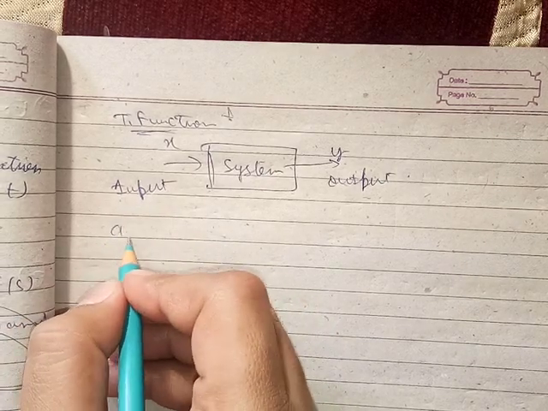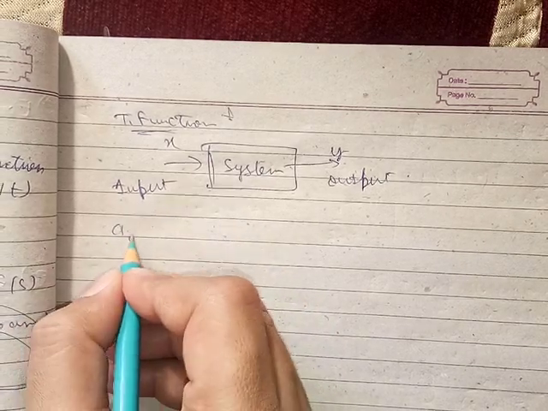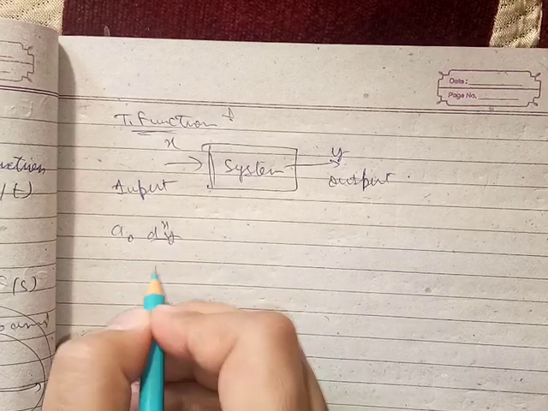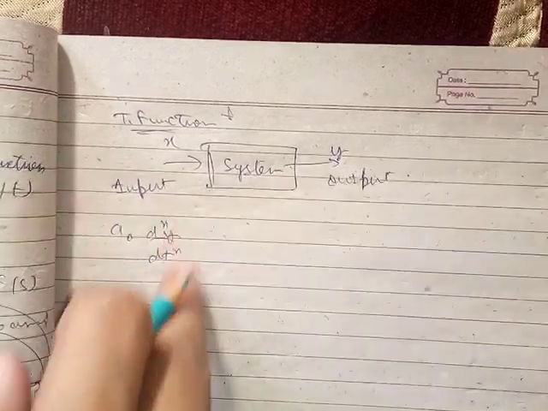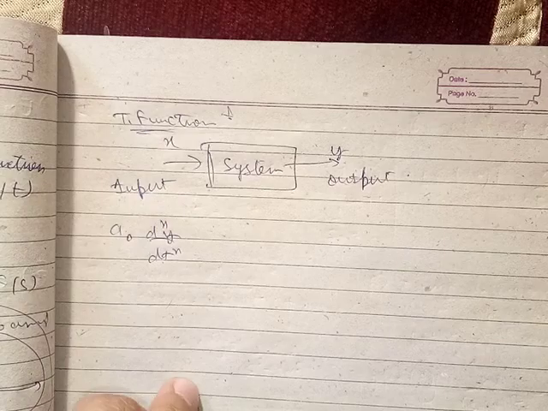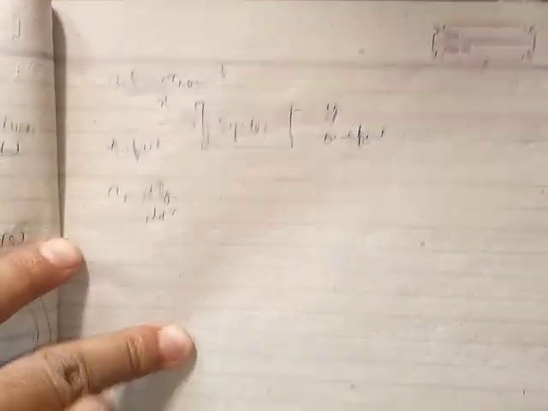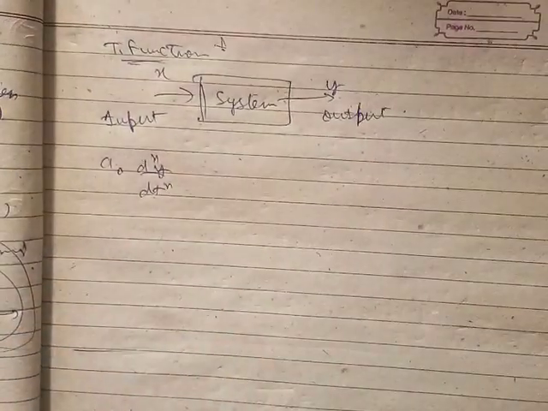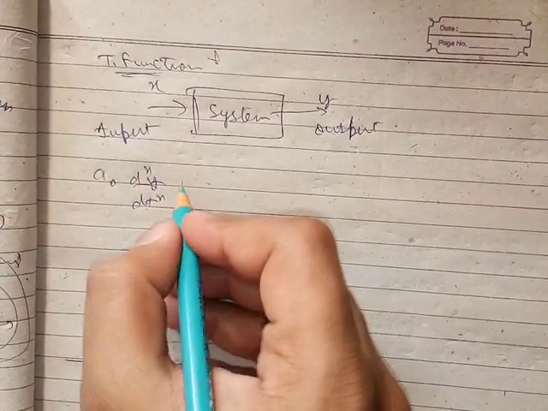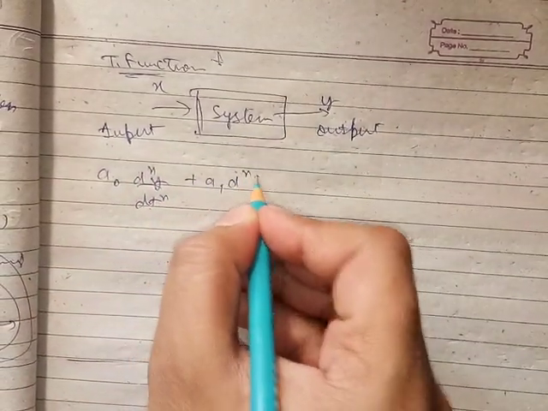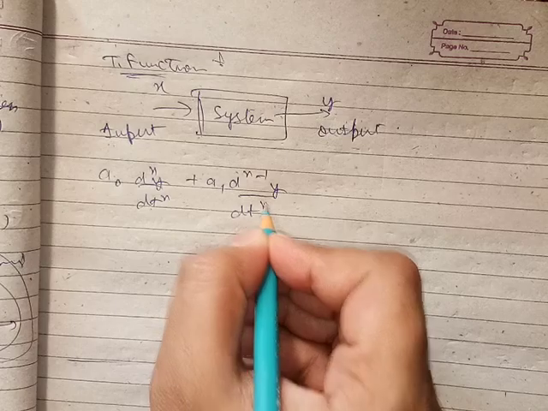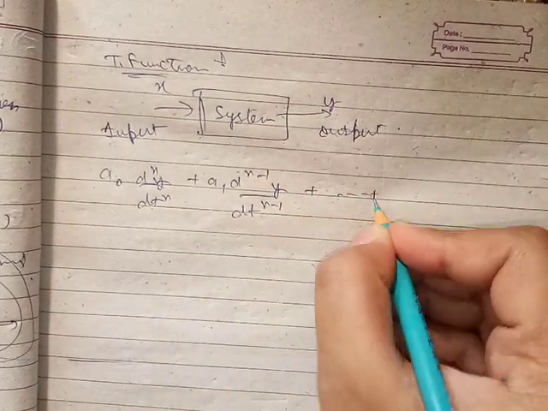We have a differential equation for this, a naught d^n y by dt^n. Now I'm just proving how the transfer function comes out, and it is output by input. So we have a differential equation like this: plus a1 d^(n-1) y by dt^(n-1), and it goes on till plus a n y